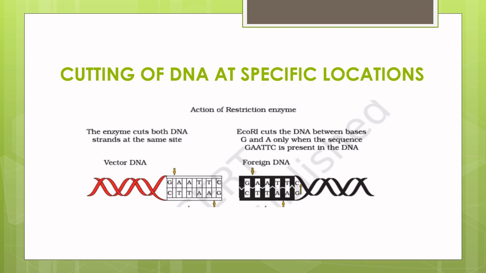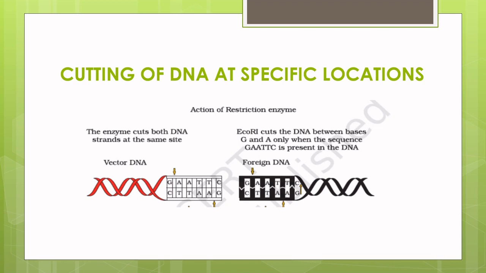So, cutting of DNA at specific locations. DNA purified from an organism can be prepared for cloning only after it has been cut into smaller molecules. Restriction endonucleases make possible the cleavage of DNA. Restriction enzyme digestions are achieved by incubating purified DNA molecules with the restriction enzyme at the optimal conditions for that specific enzyme. Agarose gel electrophoresis is employed to check the progression of restriction enzyme digestion, and the process is repeated with the vector DNA also.